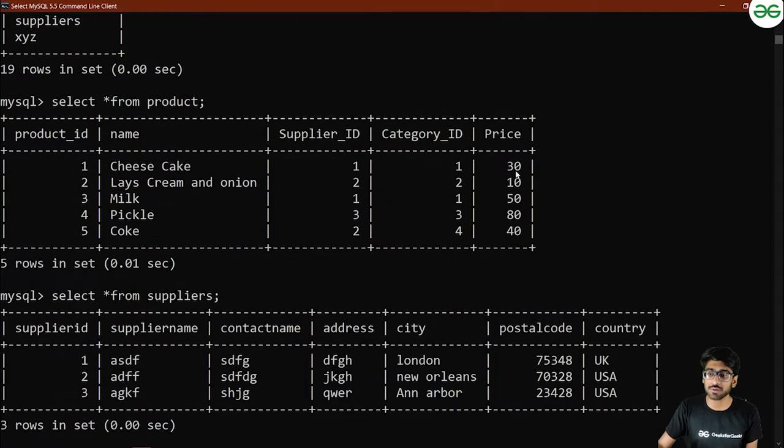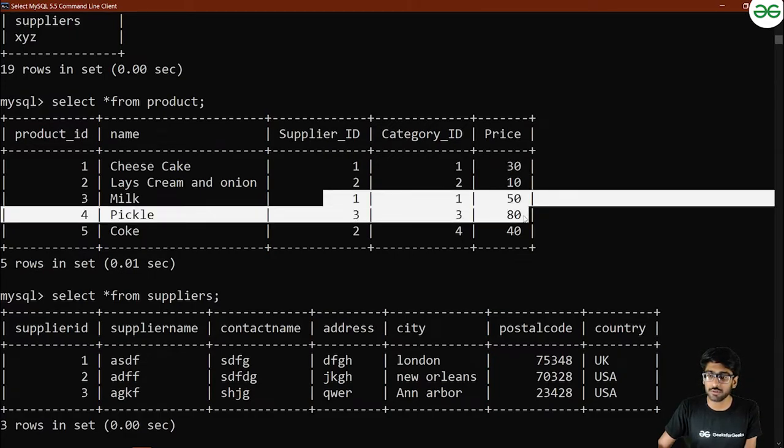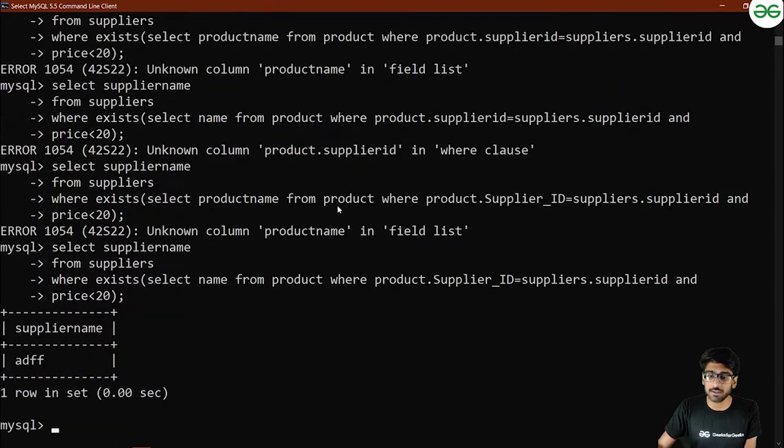So price was greater in the first one, then the third one, and then the fifth one. Okay. So there are two conditions. That is, the product's supplier ID should be equal to the supplier ID, and the price should be greater than 20. So price greater than 20 was present in these three or four rows. Okay. And the supplier ID was equal to